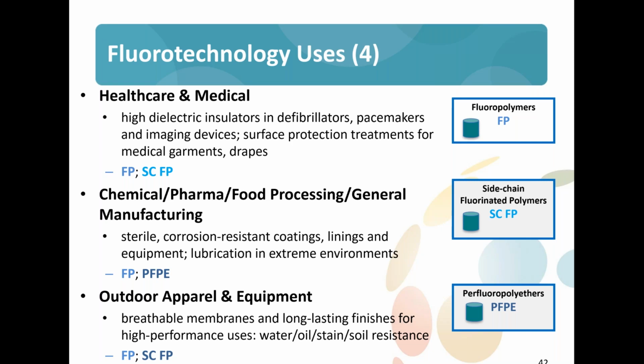And outdoor apparel and equipment. We all know there's a lot of discussion these days about what's needed to treat particular garments, whether that's regular textile garments, which I'll talk about in just a second, or high-end performance garments and equipment that are used outside. Clearly, the fluorochemistry, the fluorotechnology, the side chain fluoropolymers allow you to get water, oil, stain, and soil resistance. In the discussion today, and we're going to continue to have it, is what do you really need? If you only need water repellency, do you need fluorotechnology? If you need oil or oil-based stain resistance, what do you need? So this is a discussion and a debate that we're going to have for some time.